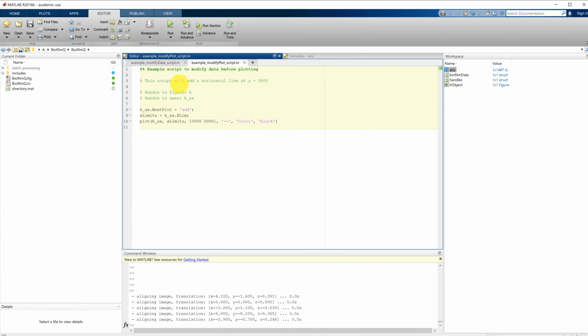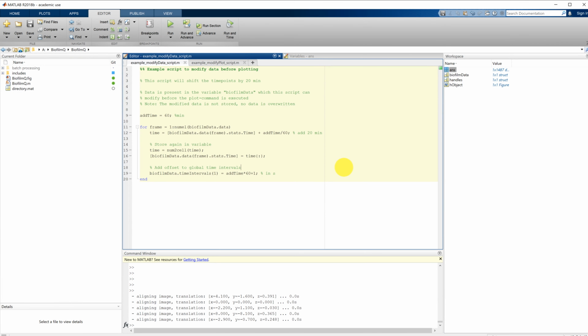Going back to MATLAB now and looking at the other script. What we want to do is shift our time point by 1 hour, so 60 minutes. So we define this variable 60 for the time to be added. Now in order to understand what happens in this loop, I need to show you what the variable biofilm data